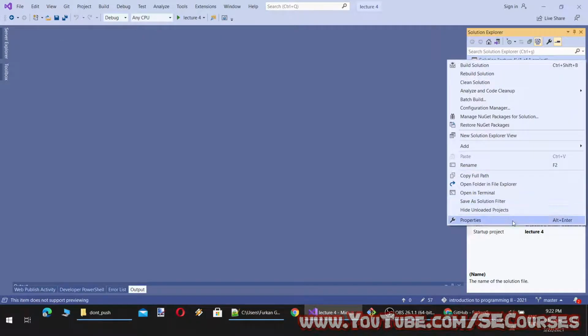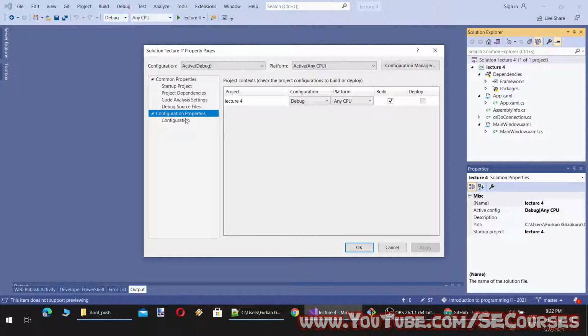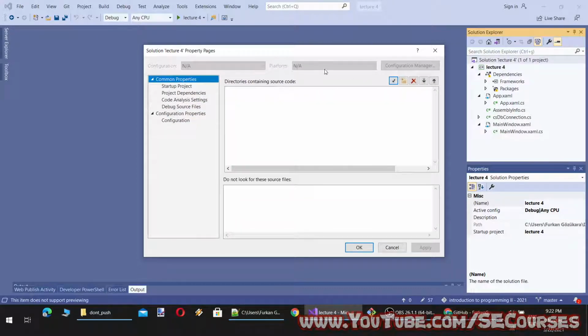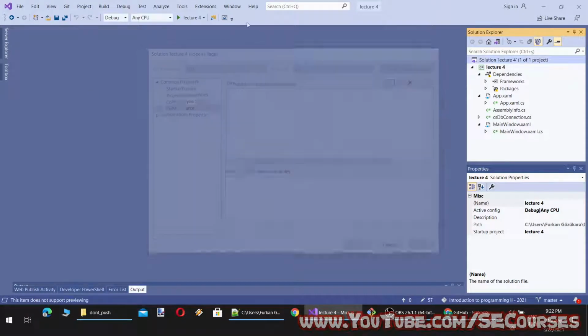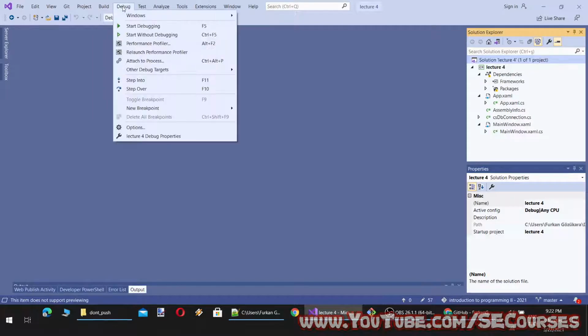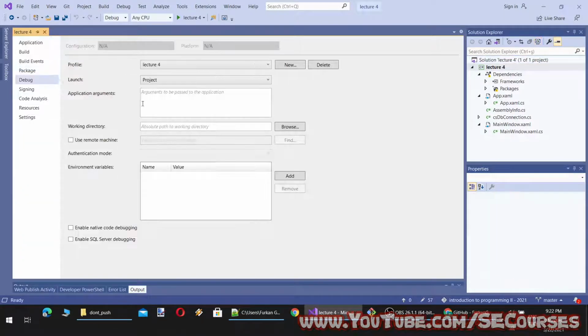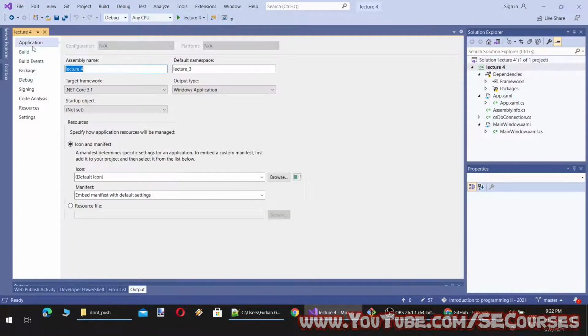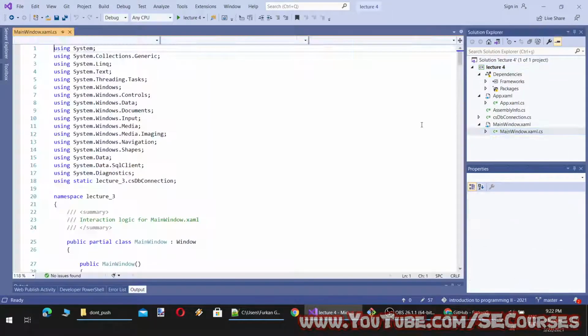So let's look for it. Here, project properties, debug properties, perhaps. Can we change this? Probably no. Anyway, it is not that important.